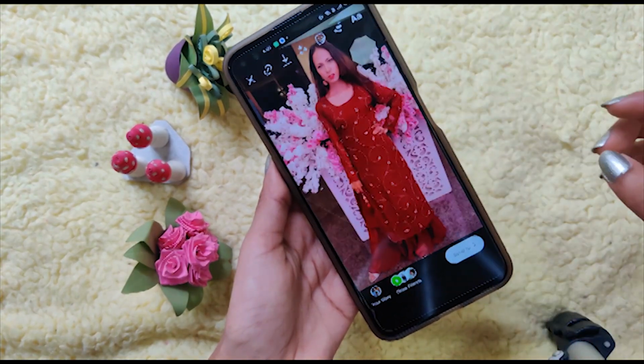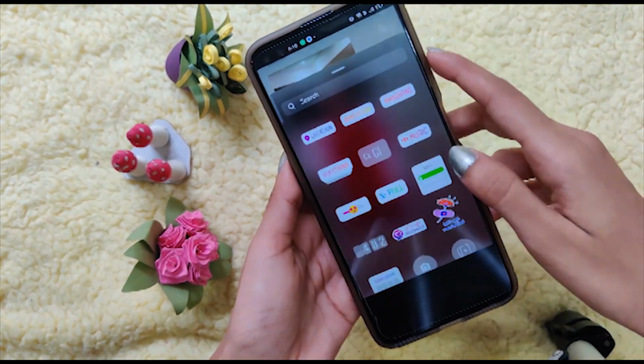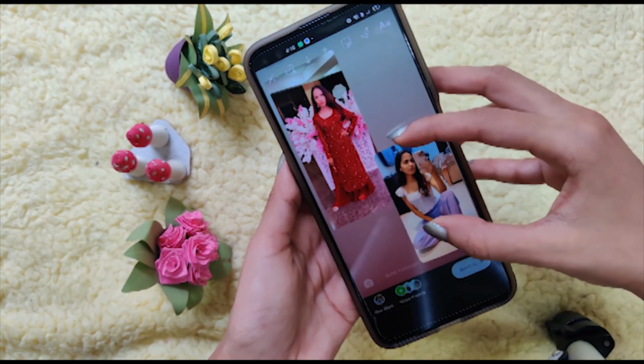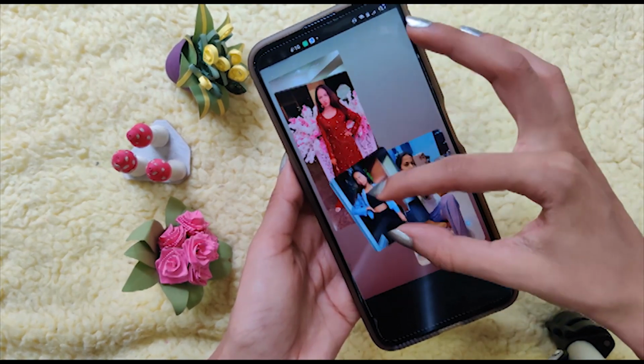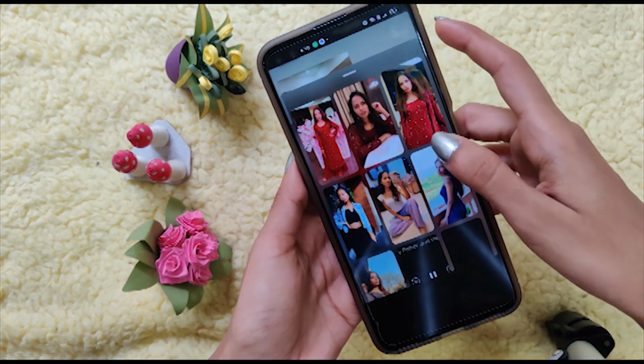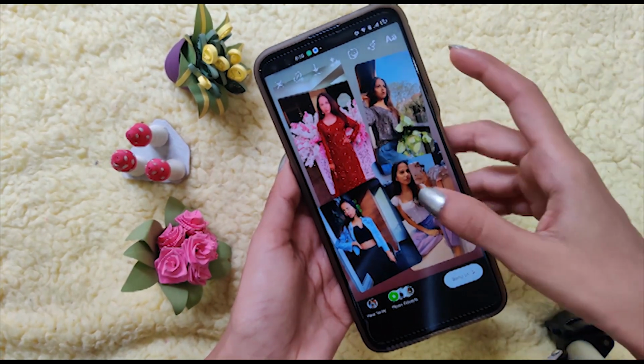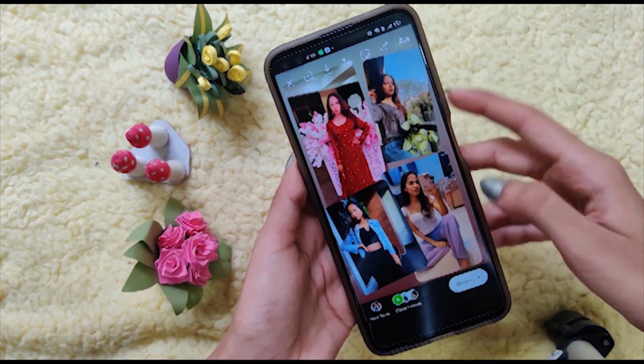Like आपका ध्यान गया होगा या नहीं, but this is the option now available in Android. So you can just add one picture on your story and just use this option to add multiple photos. As many photos you want you can add and make a beautiful grid out of it. So I really love this feature. Usually Android वालों को Gbox करके एक application है, keyboard application, वो install करना पड़ता था to just add multiple photos in the story. But now finally Instagram gave us this option like Android वालों को. So now we can add multiple photos, how many photos we want, and personally just I love this option.